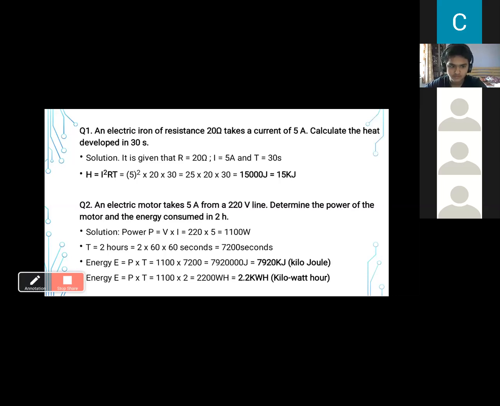Whenever you get the electricity bill in your domestic houses, you get it in units, where 1 unit is equal to 1 kilowatt hour. So whenever I have to calculate the amount in rupees of the electricity bill, I will always take the energy in kilowatt hour. I'll not take it in joules there, because 1 unit is always equal to 1 kilowatt hour. So I'll convert the energy or the heat into kilowatt hour. So I'll be taking power in kilowatt and time in hours.